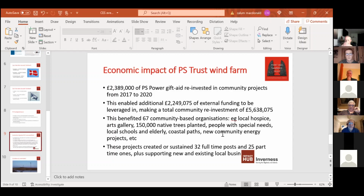So, our gift aid is not just frittered away in revenue terms, it's also being used in capital terms to leave a lasting legacy. And we're very, very fortunate that we were able to get our turbines built at the time that we did, because the